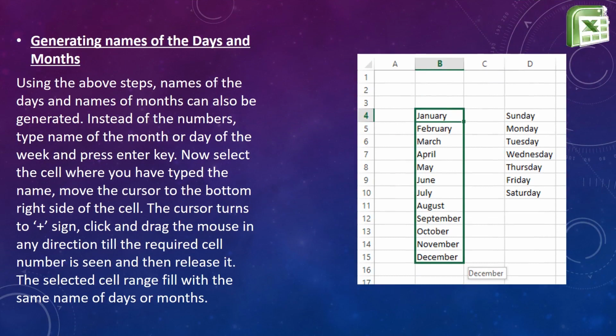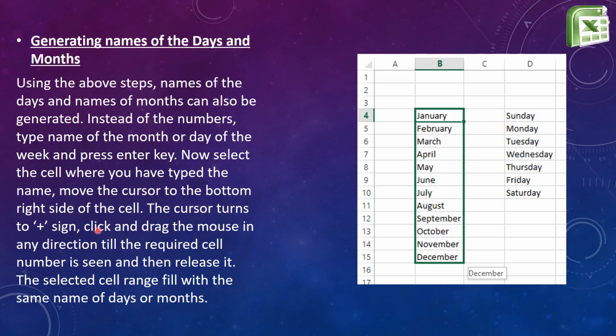Let's see generating names of the days and months. Using the above steps, names of days and names of months can also be generated. Instead of the numbers, type the name of the month or day of the week and press enter key. Now select the cell where you have typed the name. Move the cursor to the bottom right side of the cell.